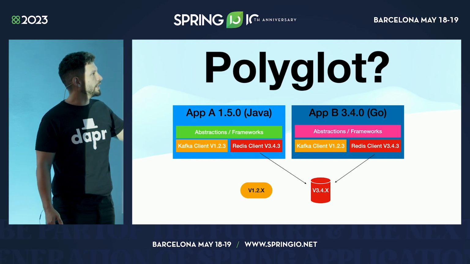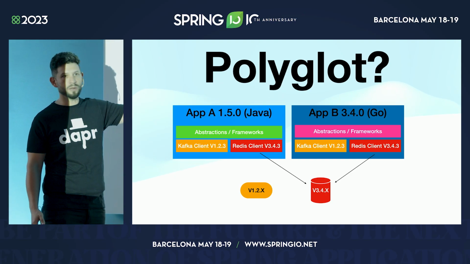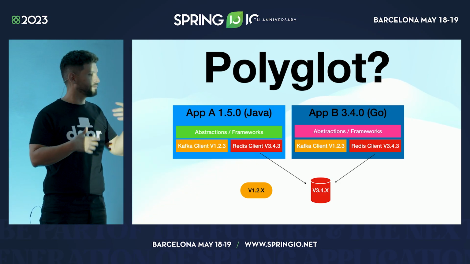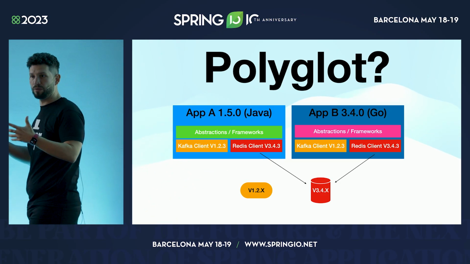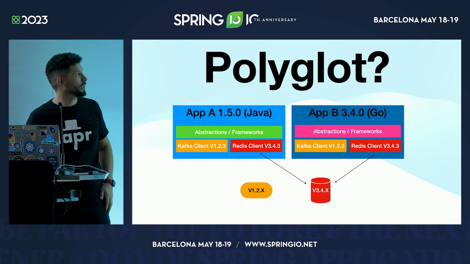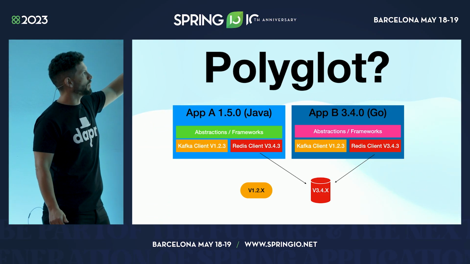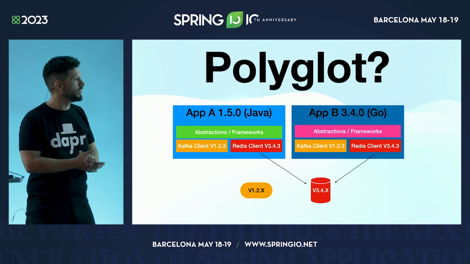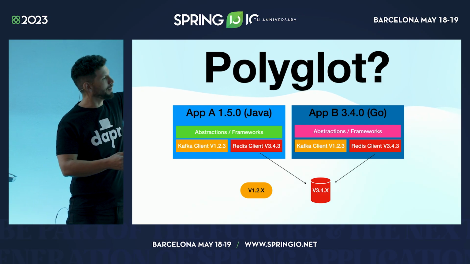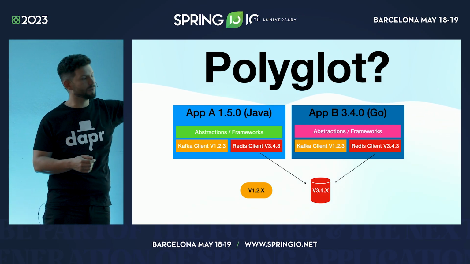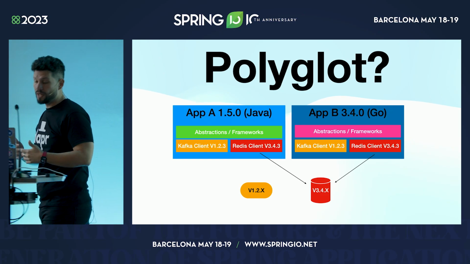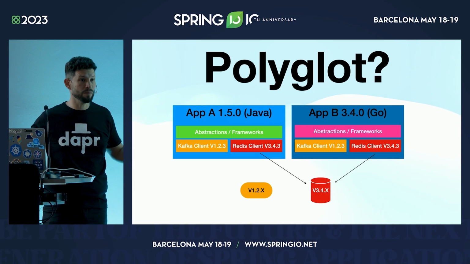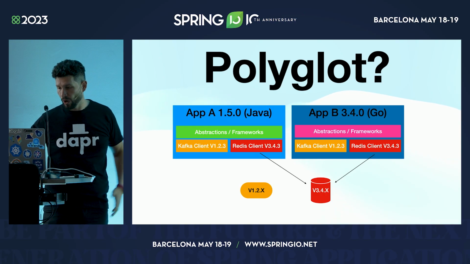How do you guarantee that these two applications will actually have the same behavior when they are talking to that Redis instance? And they are writing data in the same way, having the same performance boundaries, and that things will work as expected. If you think about Spring Boot and all the abstraction layers, we are pretty high, right? Spring Boot is doing some very smart things in there. So guaranteeing that a very advanced framework can do the same as just picking up the client and storing data into Redis is a little bit tricky. It's very difficult to say, yeah, I'm sure that these two applications are doing the same things and they are working in the same way.